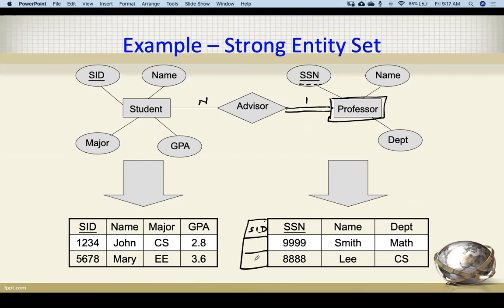So this will come here in this particular table. This SID should come here, and both SID and the discriminator will become the primary key for this table if it is a weak entity set. For the strong, it is no problem. It will be like this only. This is for the strong. But for the weak, we have to augment one column, which is the primary key of this.